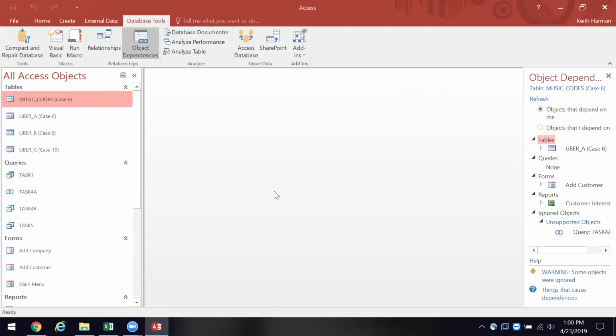So if you look at this, we see that Uber A isn't really dependent on anything. There are these objects that depend on Uber A: add customer, the customer interests report, and then a couple of unsupported objects like a query. And then I can click to see objects I depend on, and there are none. So we can start to see the flow of data